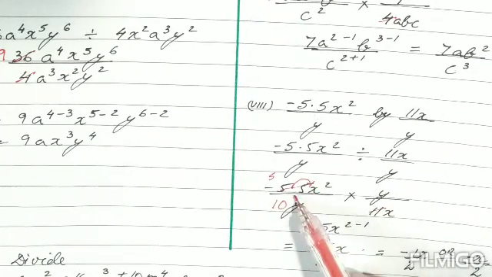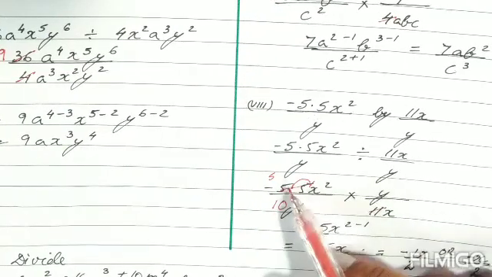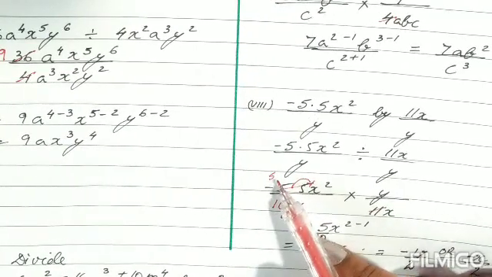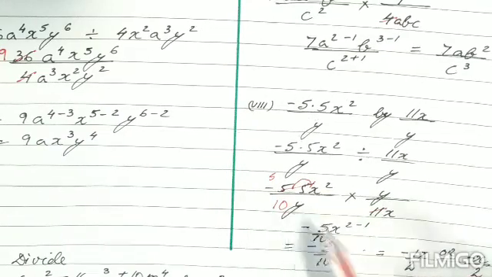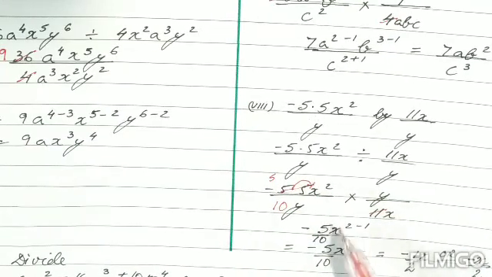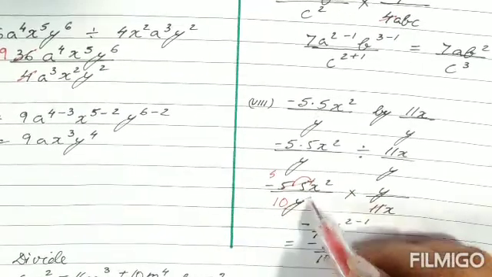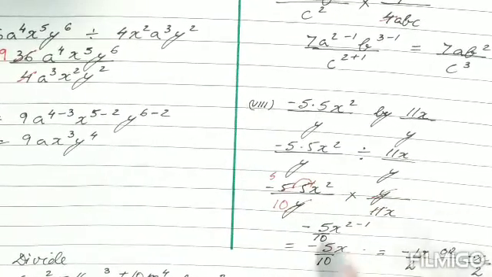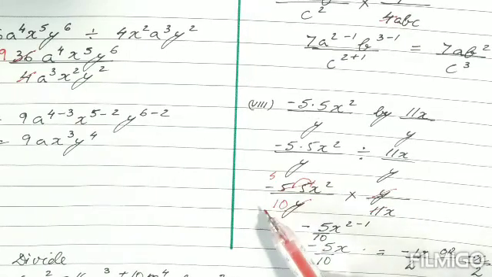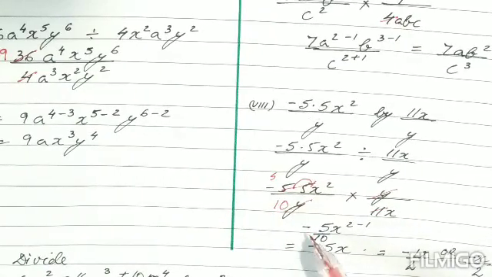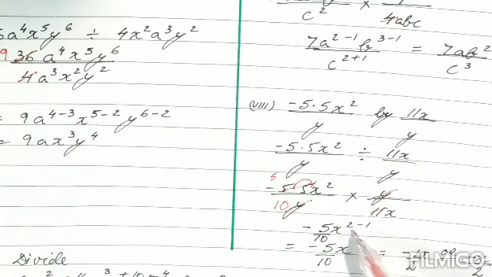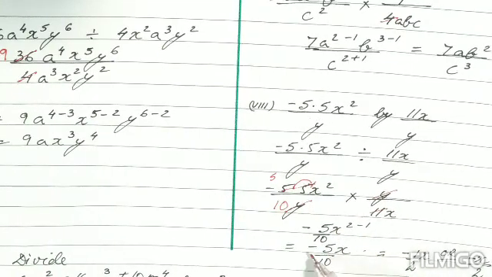Now 11 and 55 can be cancelled. 11 ones are 11 and 11 fives are 55. Okay. So we have 5 upon 10 over here. And x square, that means x to the power 2, from here minus 1. And y can be cancelled. Right? Now we have a minus here and a plus here, means it is going to be written as minus 5 x to the power 2 minus 1 upon 10. Now after you reduce it, it is written as minus 5 upon 10x.